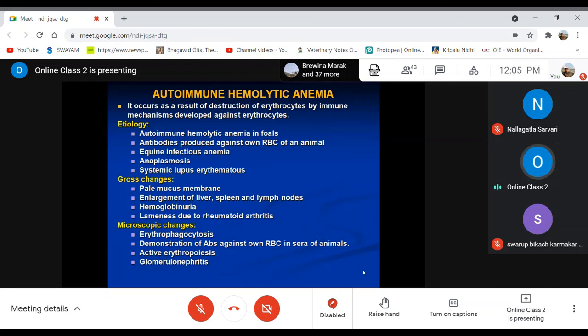You will learn in detail about rheumatoid arthritis in the musculoskeletal system, the joints. Some kind of arthritis, or not arthritis, osteoarthritis, some rheumatoid arthritis, I will give you in detail later. Because of that arthritis, joint inflammation, the animal will go lame, meaning they will not be able to even move properly. Then microscopically, there will be erythrophagocytosis, the presence of erythrocytes in the